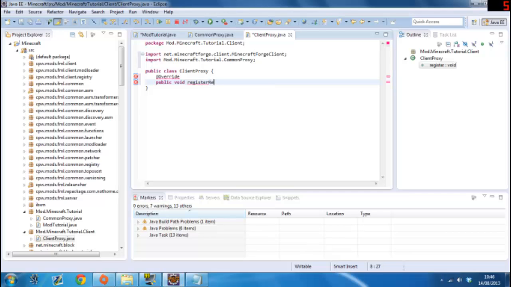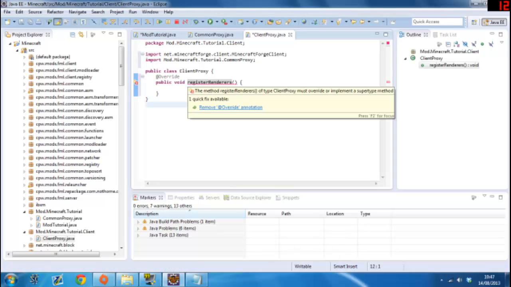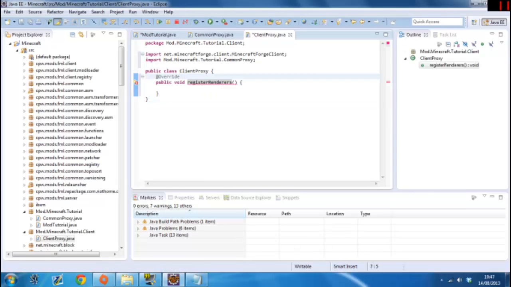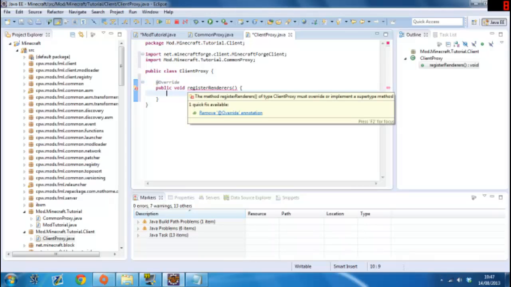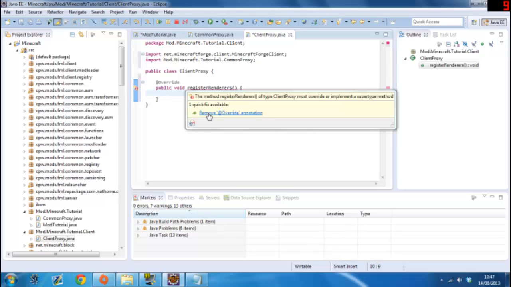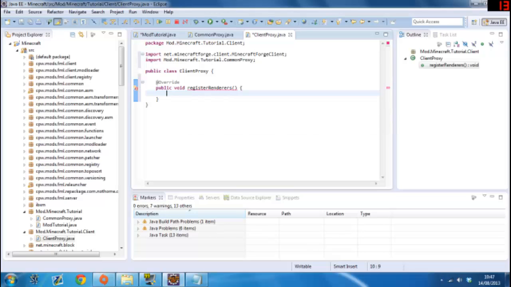And you're just going to type the same thing, register renderer, and then brackets and enter, and that should be okay. Let me just check this. Register renderers, sorry, there's an S at the end there, and I believe that should be right. The at override should be there, so I don't know why it's telling me to remove it. So let me just check with myself again and make sure I've got this alright. Oh, sorry, we missed out one bit here, which is extends